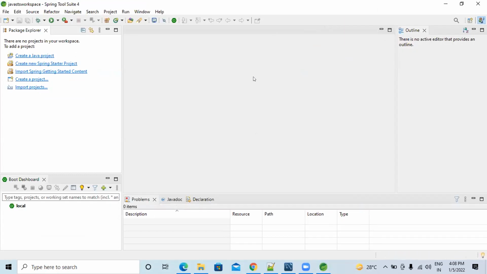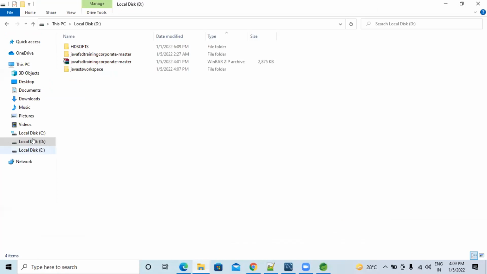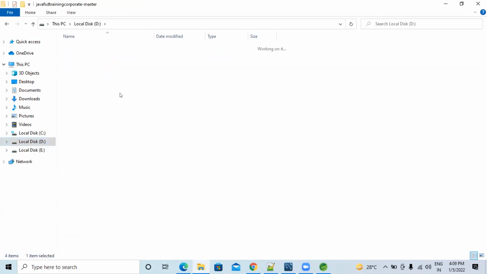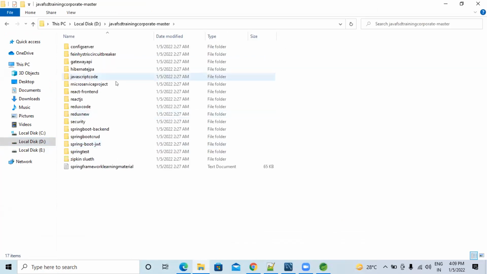So now what we are going to do: he already downloaded my project. Where did you download my project? Can you go there? Downloaded in the stock apps folder. So from this folder he can import the project, that is, we can view the project in the STS. Meaning, he will take the code from this folder and create the project in the folder which STS is pointing to. Can you go to STS?